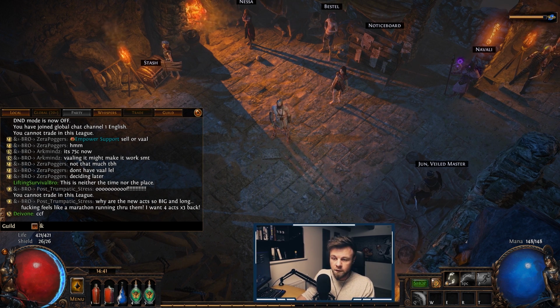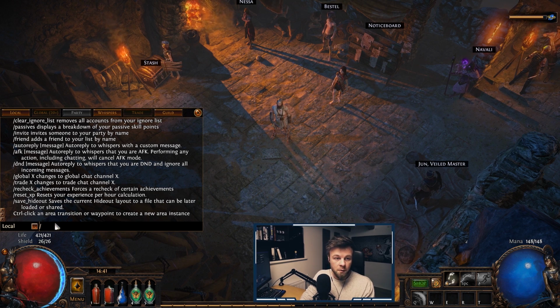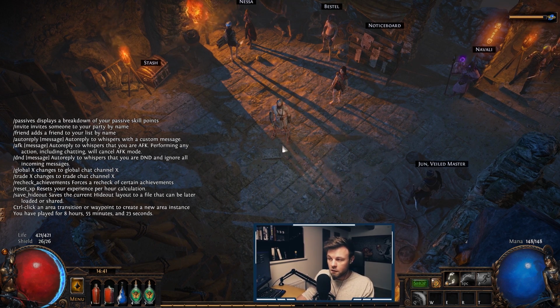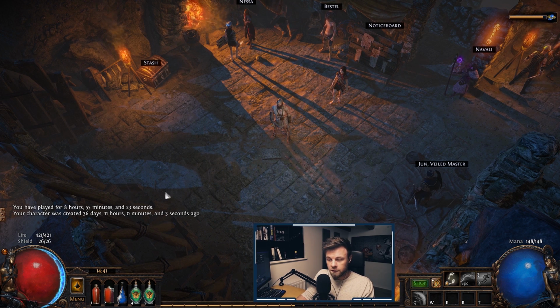One of the things that I feel like you should know is that if you want to see the commands, first of all, you can always type /help. That gives you a list. But some of the useful ones would be /played. It shows how many hours you've been playing this character or been logged in on this character. You can also type /age. That tells you how long ago that